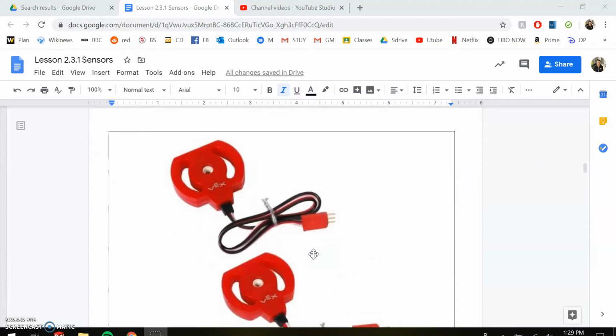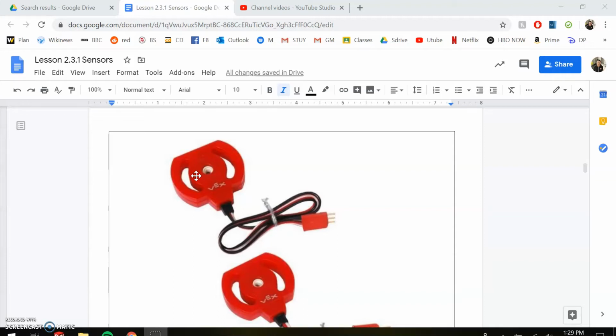Potentiometer. So a potentiometer is something that gives you angle. You put an axle through here. So if you look at the hole, you put an axle through here, and it will sense an angle. This particular one goes from 0 to 270 degrees, and it'll only return to you 0 degrees, 1 degree, 2 degrees. It won't give you half a degree. It won't give you between 1 and 2. It'll just give you 0, 1, 2, all the way to 270. It will not be able to do any decimals. So this is a potentiometer,